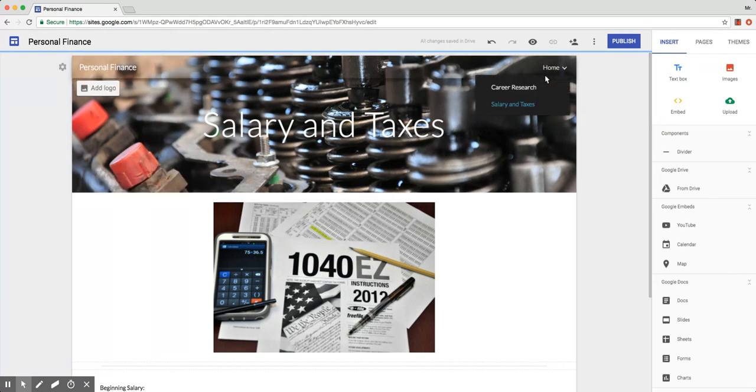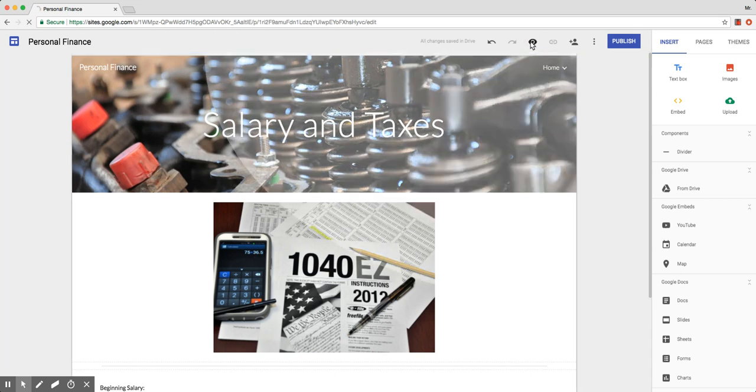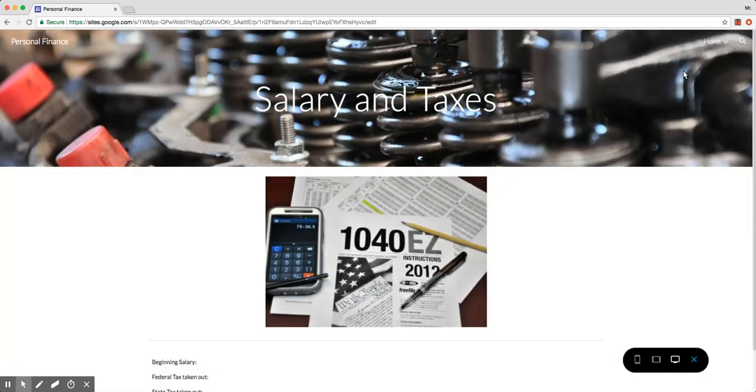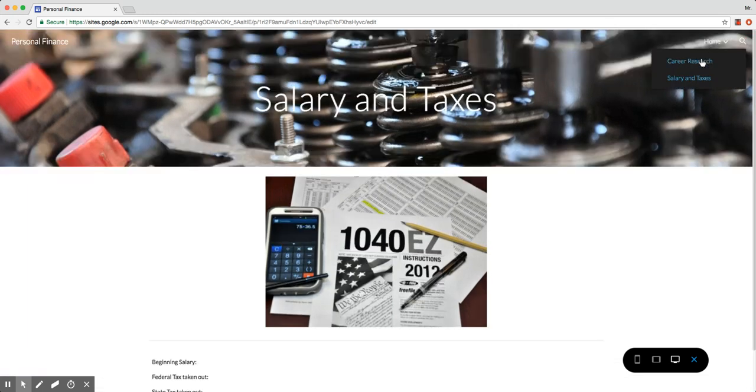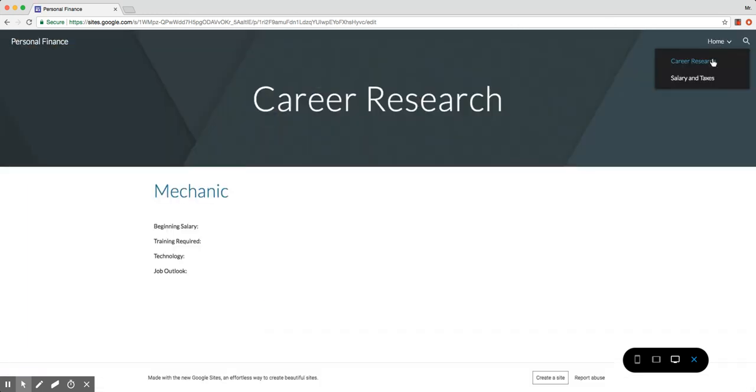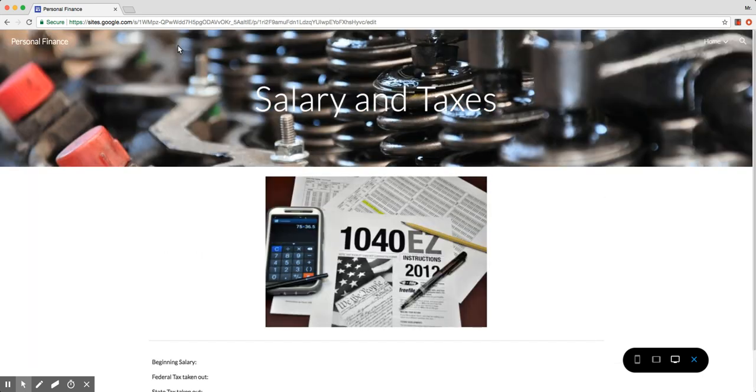So these are just the basics of Google Sites in terms of how you can create new pages and add different elements to it. You can click preview right up here to see what it would look like for somebody visiting your page. So you're out of the editor mode, and that's what they'd see on the home page. That's what they'd see on career research. That's what they'd see on salary and taxes. Then you can just go back